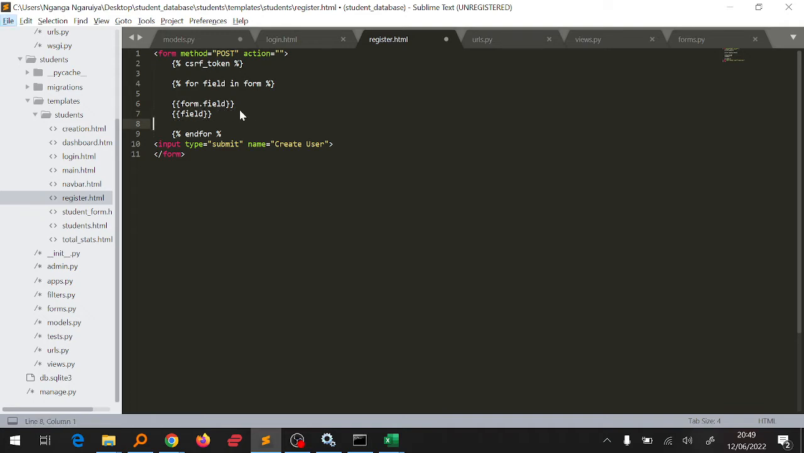Okay, sorry, not for it's field dot label, so we want the labels of the fields to appear. We've entered this for, we need this. I think it looks good. If we save this,